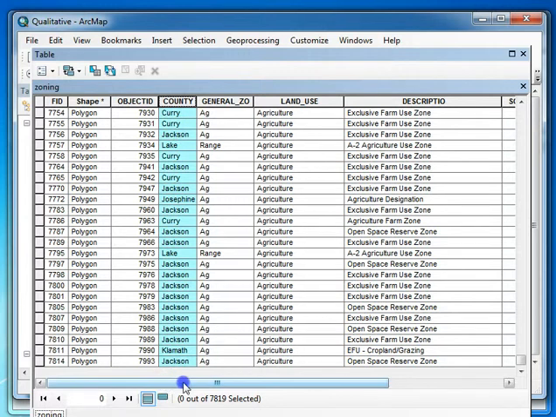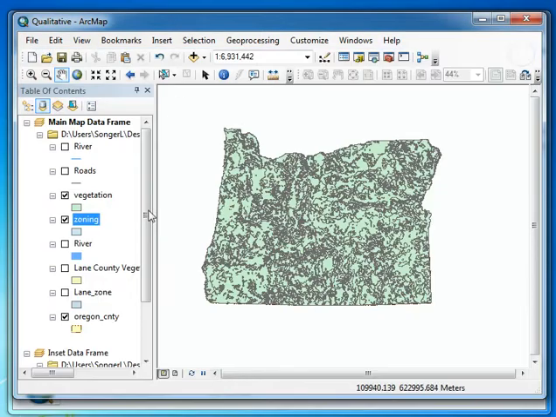I could also divide the land zoning into county categories, but so you're going to take a look at all of these data types, and then you're going to run a query to find out how many records there are in a certain land use type. So to do a query,